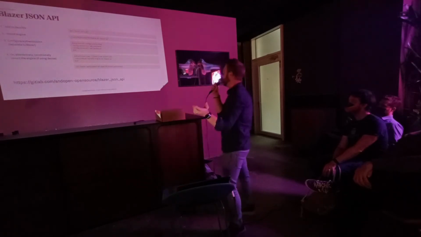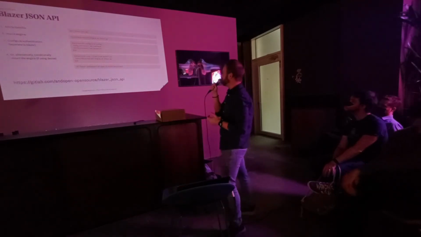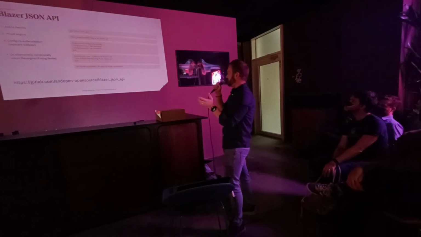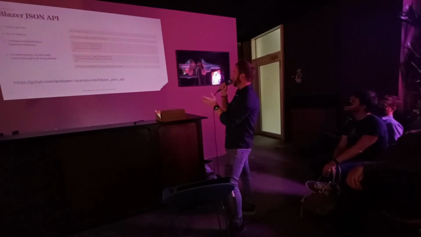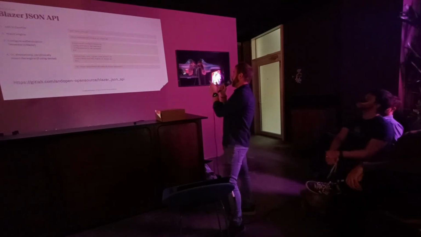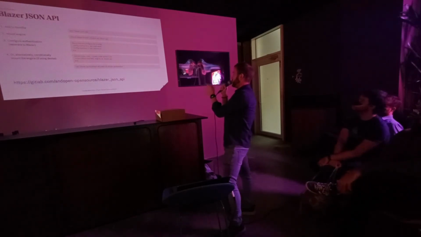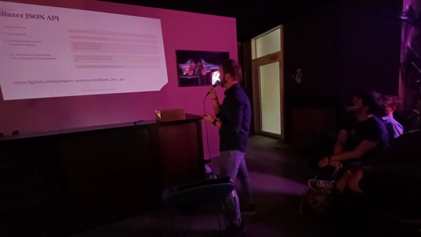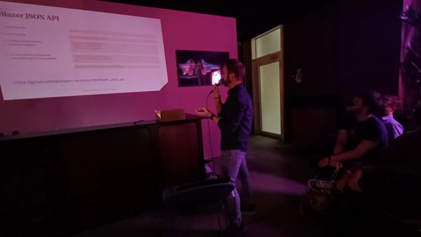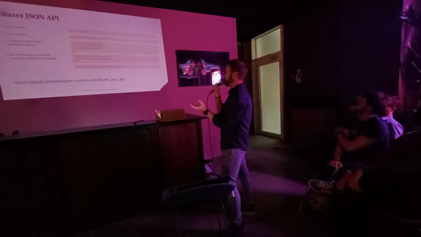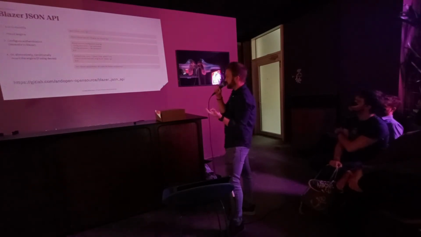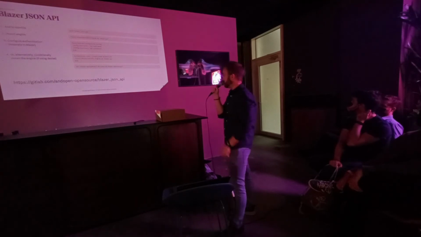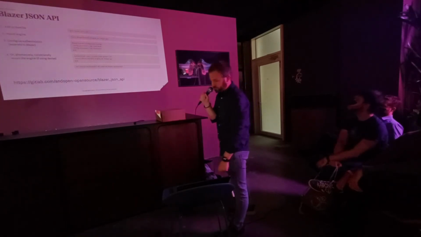Setup slide again, and probably quite small as well, but just going through the setup steps of setting up this extension we have to Blazor, where you can essentially use the gem, mount the engine, and configure some authentication aspects. You can configure them directly as HTTP basic authentication, or you can actually use a condition. If you're using Devise, for example, you can just conditionally mount the Blazor API engine.